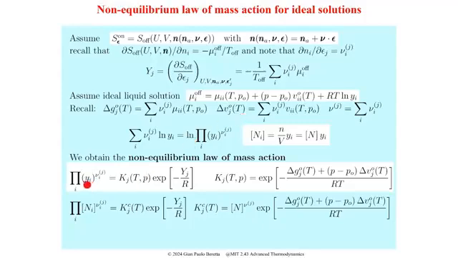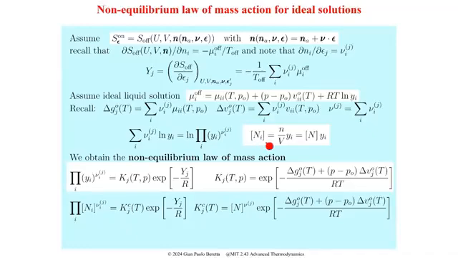And when you go back here, the non-equilibrium law of mass action has the same format, except that the equilibrium constant is different. It has one contribution which remains, the delta G over RT. That's the equilibrium constant K of T. What differs is the other term, which you could separate into two exponentials, and it could be the prefactor of the standard equilibrium constant. And you can also write it in terms of